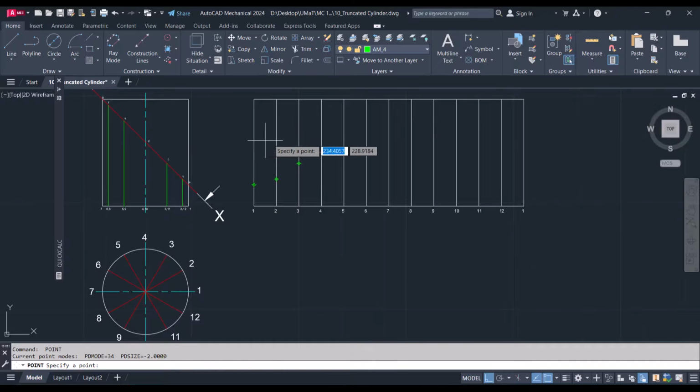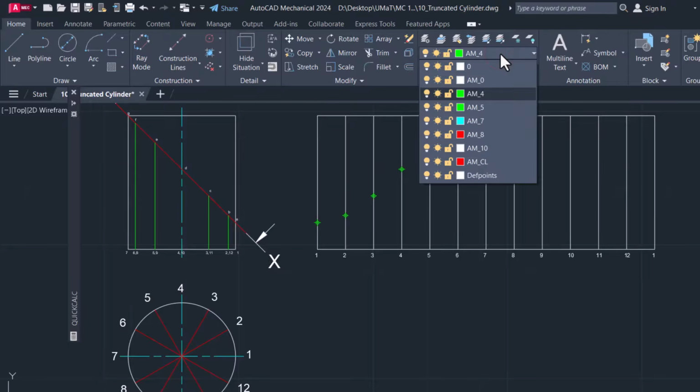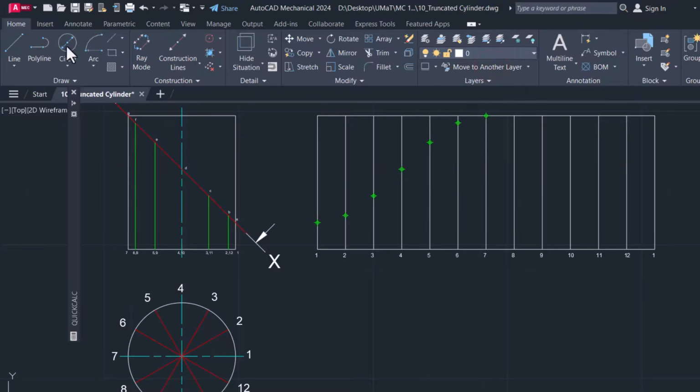Let me make sure I've gotten the correct trace. So it should be here. All right, and then E should be there, and F would be there, G would be here. So I'll switch layer, go to 0,